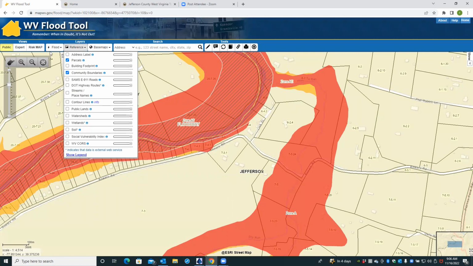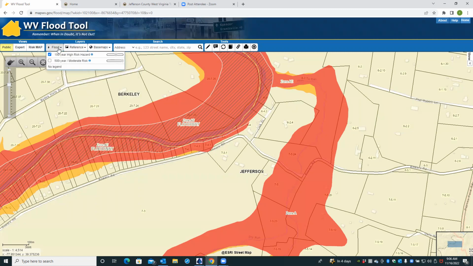Okay, there's no legend. What's your flood pull down look like? Just 100-year and 500-year. Okay. Well, I'm not really concerned about what the yellow is. I'm curious. But for my purposes, if I showed the A zone,